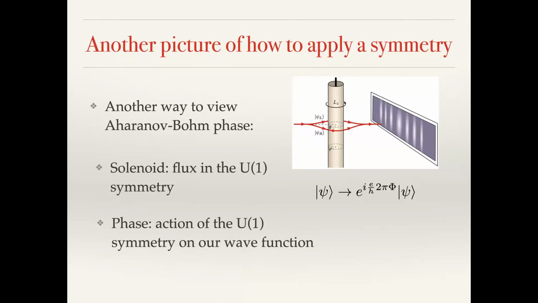So now, to fully make the connection with braiding, I want to tell you about a nice perspective on how to think about what happens when we apply a symmetry. Okay, so last time I showed you this picture of the Aharonov-Bohm phase. And we noticed that in the Aharonov-Bohm effect, I have this solenoid, I have a magnetic flux, a flux of the electromagnetic gauge field, or a flux of the U1 symmetry. And we observed that, just by looking at the canonical coupling, this flux leads to a phase difference between the 2 paths that the electron could take,